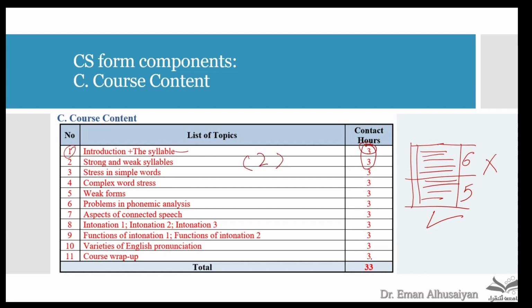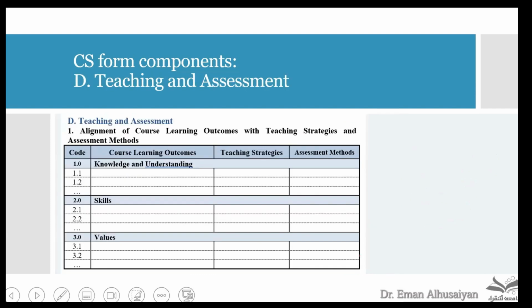Okay, and the total number of contact hours again should be exactly the same as in the first part, I think, in part B, I guess. I think part B. So always there must be a consistency in the number of the contact hours. So you're just going to list the topics that you're going to discuss. Now we come to the other very important point, which is alignment of course learning outcomes with teaching strategies